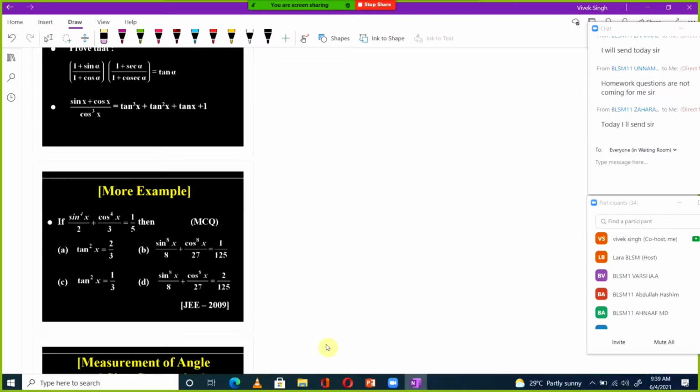They have given that if sin to the power 4x divided by 2 plus cos to the power 4x divided by 3 equal to 1 by 5, then you have to check which option is correct, and it is an MCQ question. MCQ means multiple choice, more than one answer may be correct. Okay,